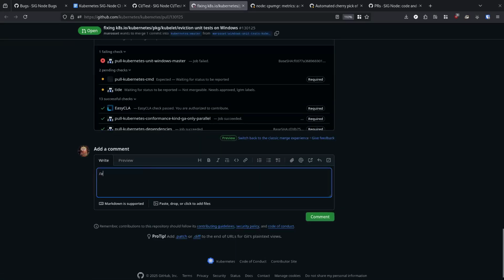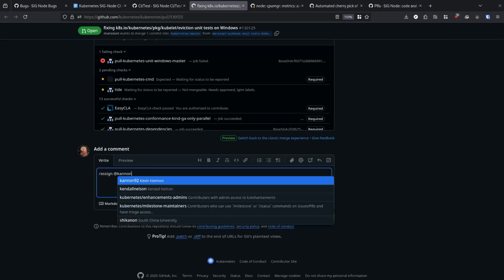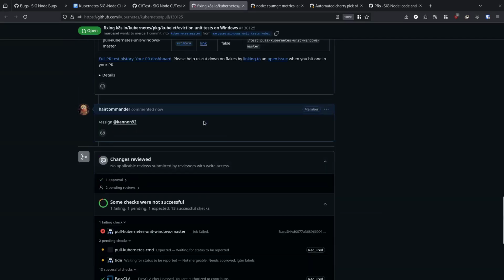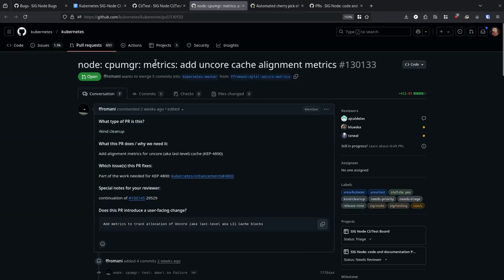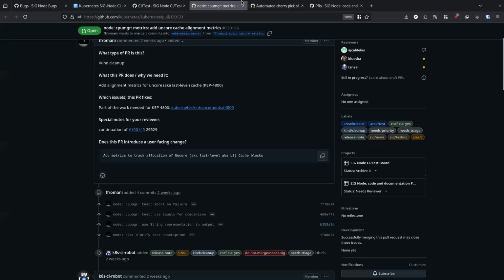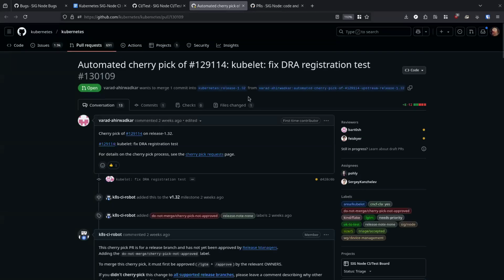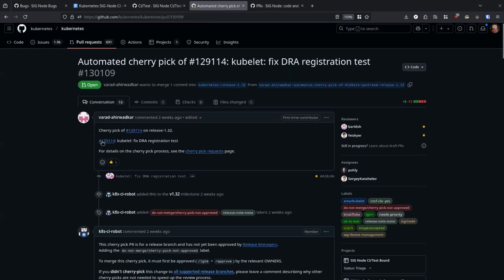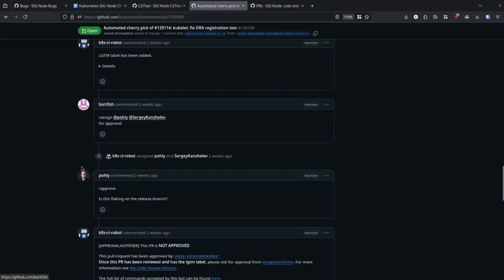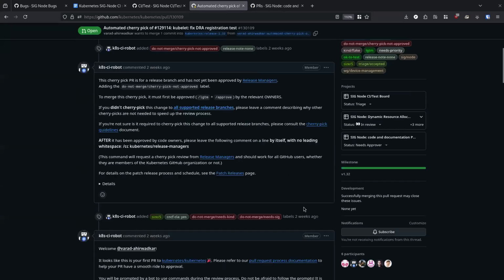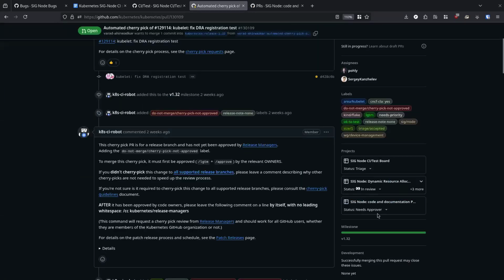Okay, thank you. The test change looks like a backport, and it pretty much just needs approval, so I'll put it to approve.